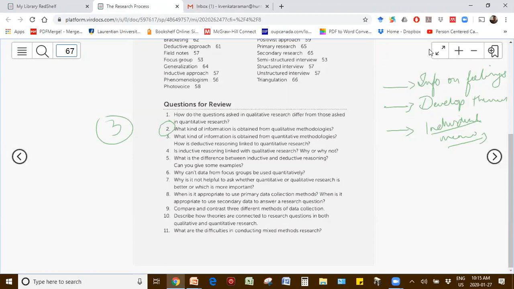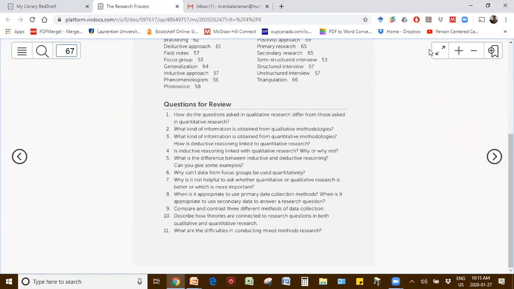Okay, now, next question is, what kind of information do you get from quantitative methodologies? I don't want one person giving me all three answers, because I think a lot of you know now what you'd get from quantitative. What kinds of answers do you get? Empirical, measurable. So Marianne says empirical.